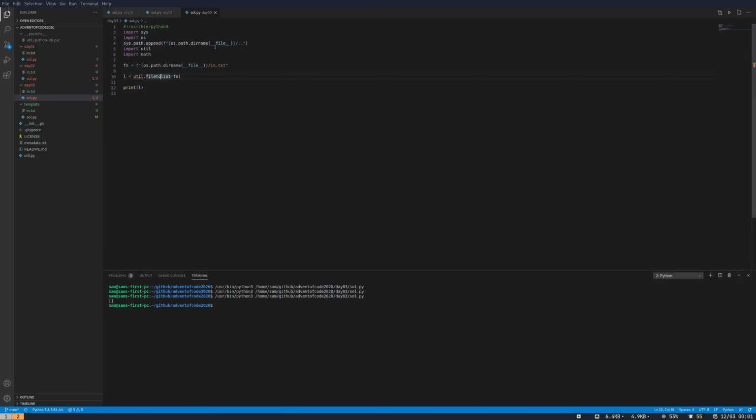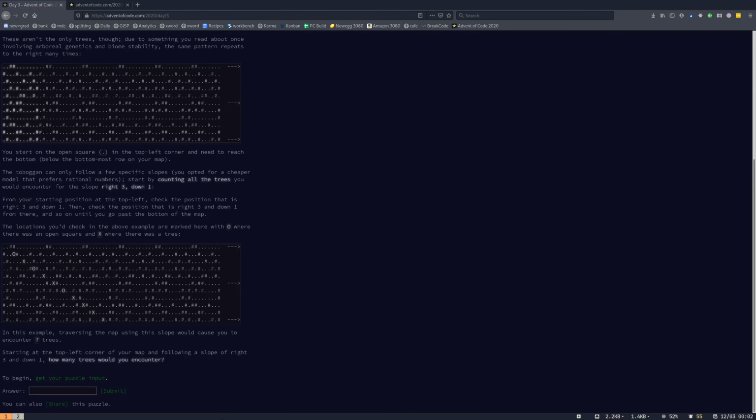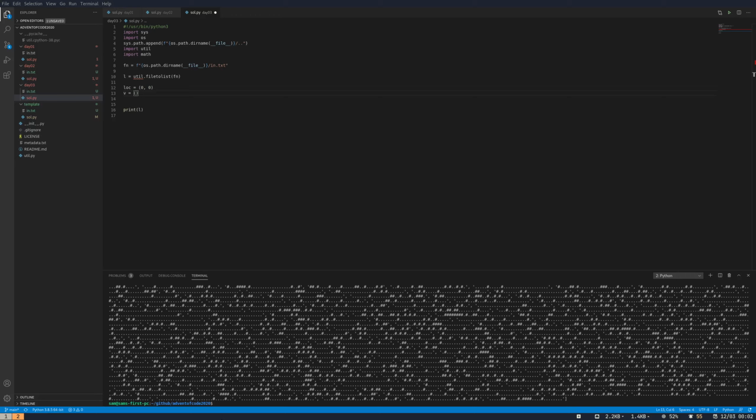Okay, so this seems like a vector type of thing. So our movement vector, so we're just going to say our location is equal to 0, 0. And we're going to sum some vectors is what's going to happen. Do we want this to just be a list? I think so. Let's just print L real quick and see what it looks like. Excellent. So we've got this nice list of things, and we're going to have to do some modular arithmetic, and we're going to have our V is equal to, and it says here, so we've got X, Y is the top left. So X is on the